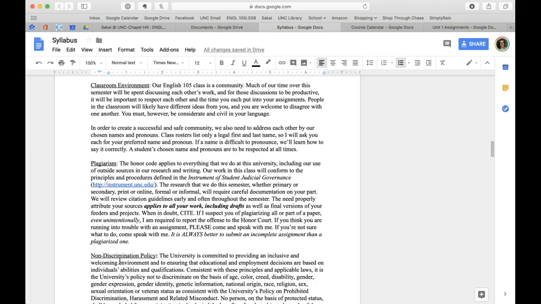Classroom environment. I try not to share my political opinion in this class, but you are more than welcome to, as long as you do so in a respectful way. We're inherently, by talking about the law, going to touch on political subjects. And so we do a lot of discussion in this class. I'd like for us to be able to have interesting discussions. And part of that is everybody being willing to share what they really think.